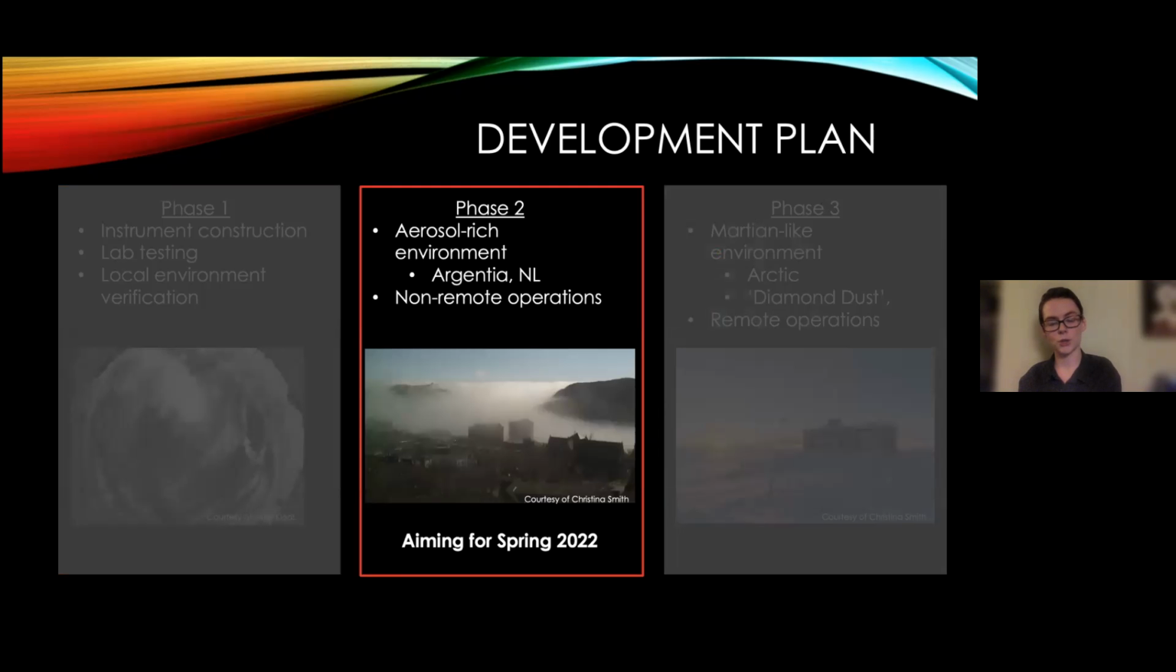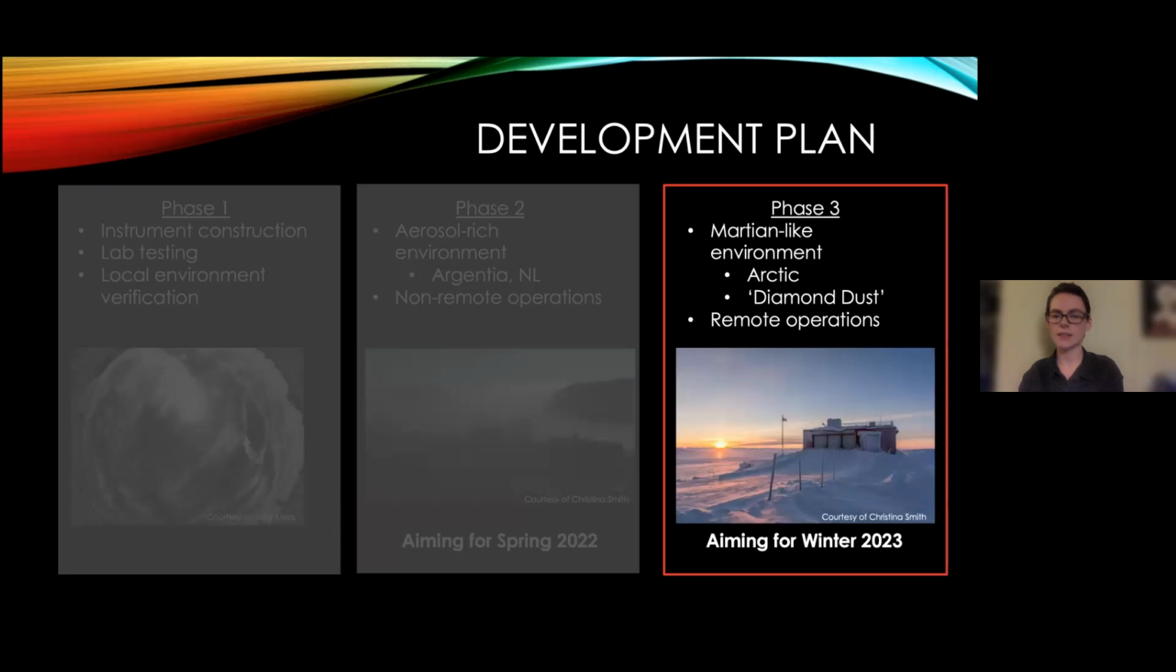Now, the reason we are choosing this area is we want an aerosol-rich environment, so thicker clouds and larger aerosol sizes to try to test line of sight and the lasers. And this will be non-remote operations, so I will be there testing Maple to see how it does in these thicker conditions. Lastly, phase 3, which we're aiming for next winter, will take Maple up to the Arctic, where we